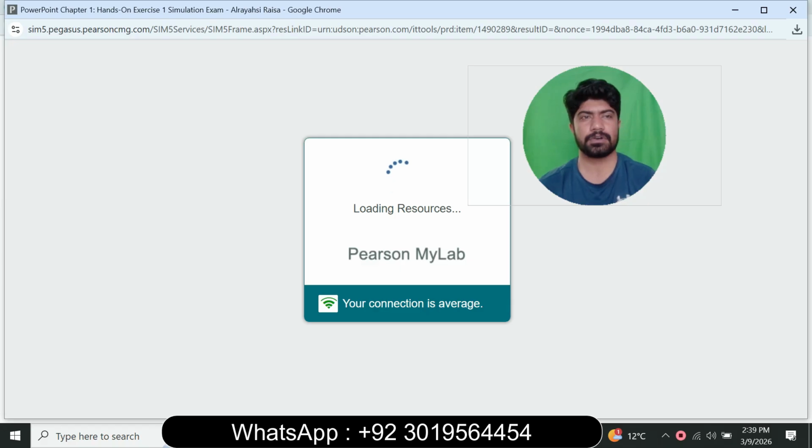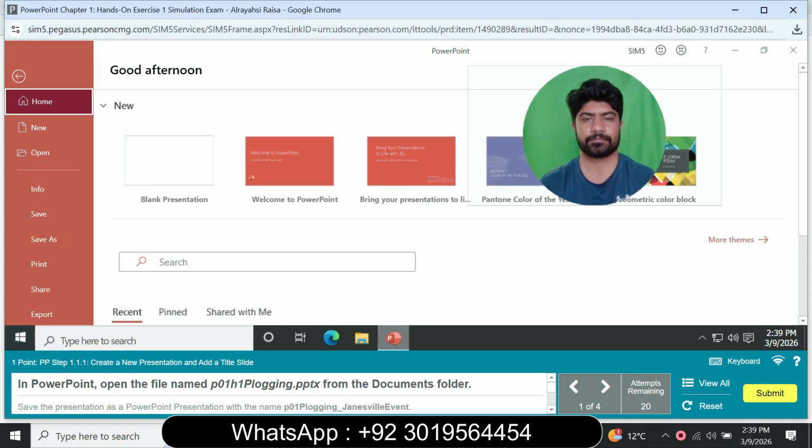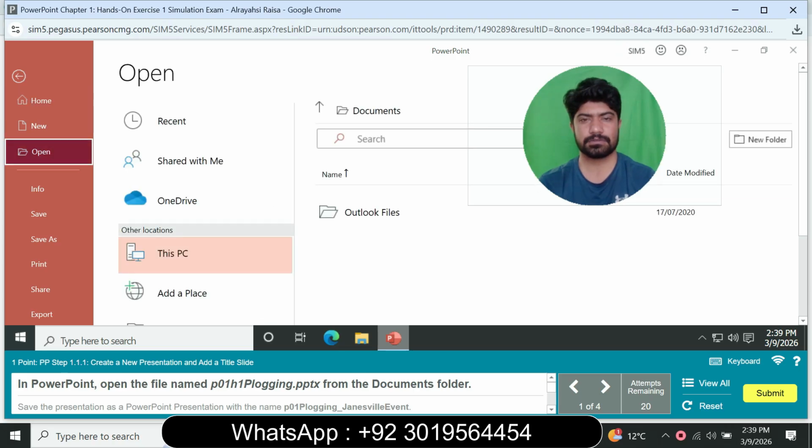So open the PowerPoint Chapter 1 Hands-On Exercise 1 Simulation Exam. Total questions: 4. PowerPoint, open the file PowerPoint documents. Click Open and